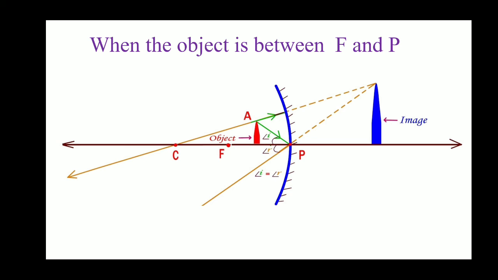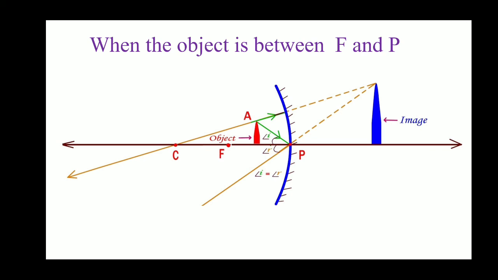So then how do I get the image? In order to get the image, they are not going to meet, so I will not get a real image. If they meet, only then will I get a real image. So I produce these rays back. Both the reflected rays I produced, which is why they are represented by dotted lines. Both the dotted lines are meeting at one point. So if the produced rays are meeting, and they are not actual rays, then what type of image is it? Yes, you are right. It is a virtual image.